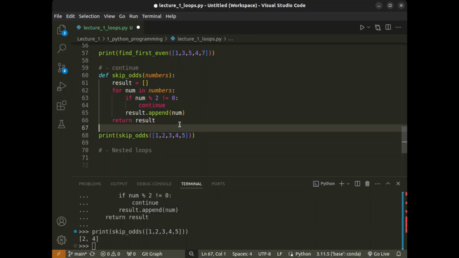And we return the result. So we see how the continue statement prevents whatever comes after it in the for loop from happening. Unlike break, where we break out of the loop, with continue we just skip whatever comes after. Hopefully that makes sense. Now we do have this other statement, pass, and you see that very frequently,